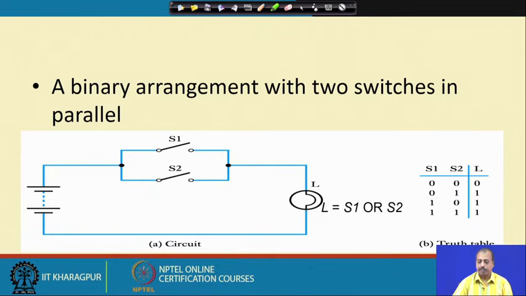So, we can say, again, that if 0 represents the switch being open and 1 represents it being closed, then whenever either S1 or S2 is 1, the L value becomes equal to 1. This is the truth table, and the operation that we are doing is: L is on if S1 is 1 or S2 is 1. Mind this term OR, because this is the OR operation of two binary quantities. The binary variable L gets the value S1 or S2, where S1 and S2 are again two binary variables.